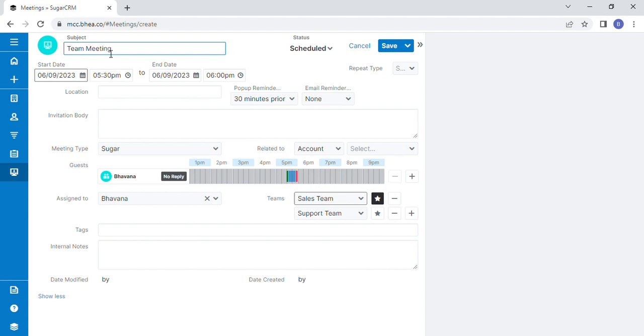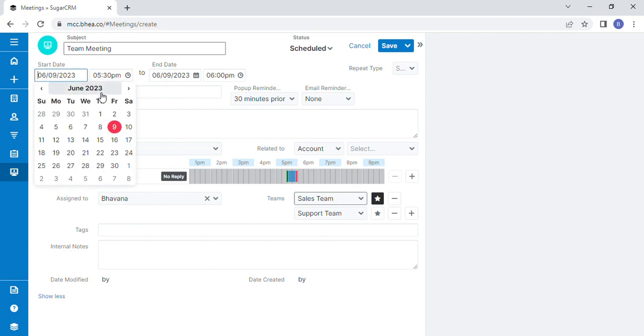and next comes the status, where we can see scheduled, held and cancelled. It says the current status of the meeting. So let me give it as scheduled, and here is the start date. It shows the date and time of the meeting which is being scheduled to begin. So let me assign the date. Remember, when the meeting is being scheduled, we cannot assign a date prior to the current date. So let me give it as June 19th,